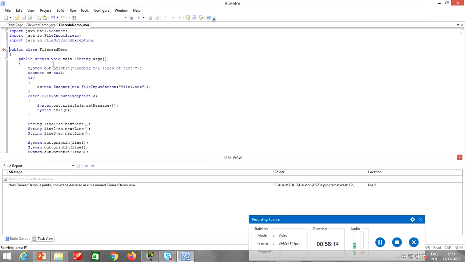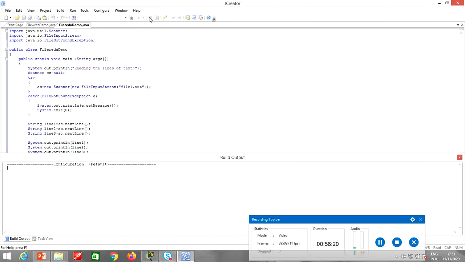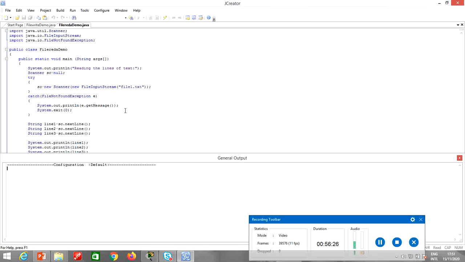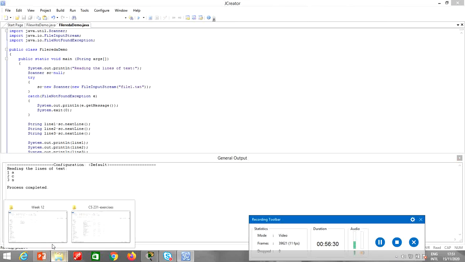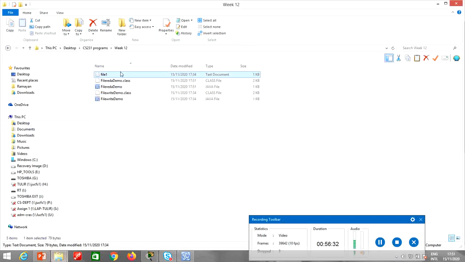File read demo. Okay, let's just read from the file. I'm just going to read 3 lines of text. So A, C and S. That was what I wrote in the